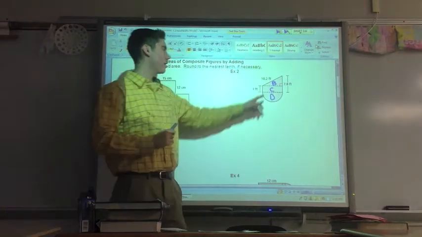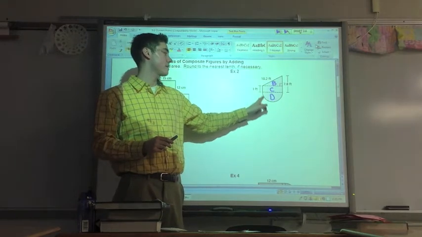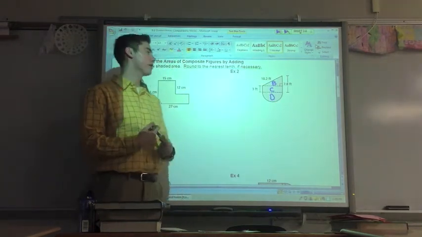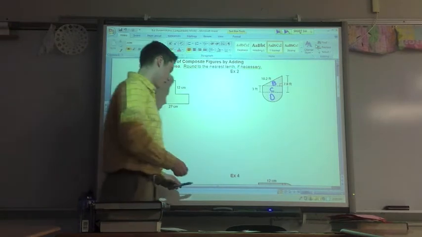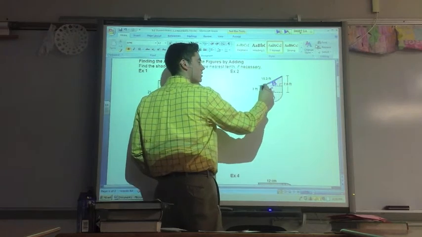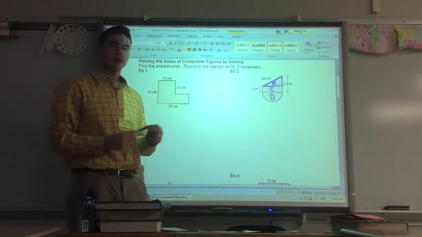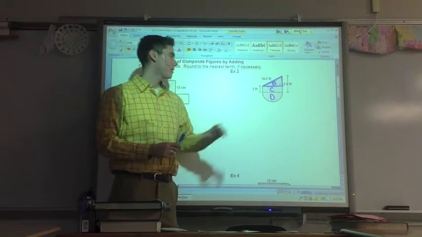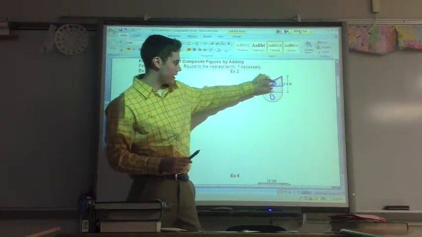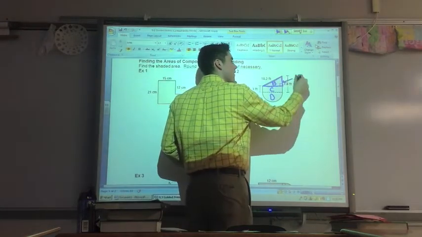So, if we know that B is a right triangle, C is a rectangle, and D is a semicircle, or half a circle, then we know that these are going to be the three regions that we need to figure out. Now, the hardest part about this, folks, is going to actually be the start of this triangle. Remember that the area of a triangle is 1/2 the base times the height. But in this case, you'll notice that even though we can calculate the height by taking 7.8 minus 3, which incidentally is 4.8,